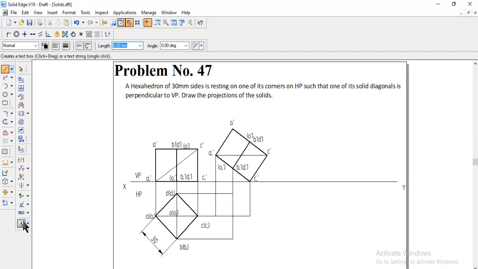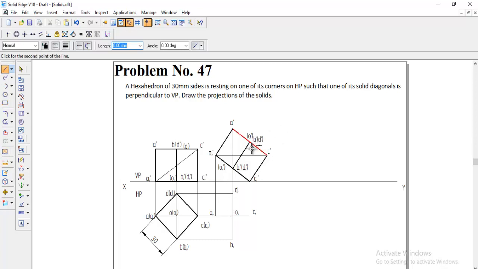Before that we can name here itself, to avoid confusion. So first this is A1, and this one is B1, and this one is C1, and this one is D1, and this is O1. Okay, next go to the top one, A. By default A and this point O1 are coming at the same point, so here itself we are getting A dash.